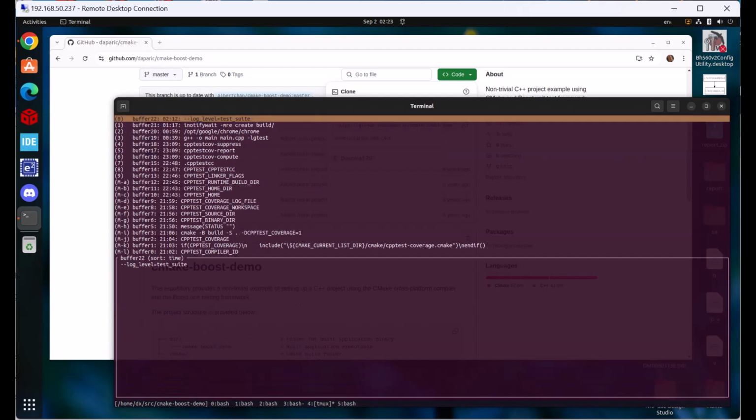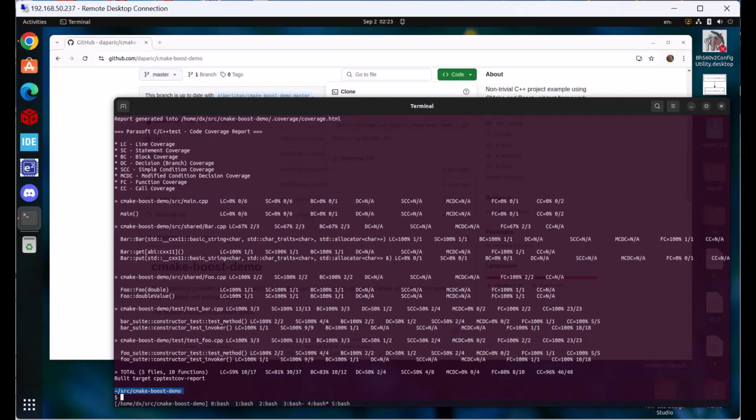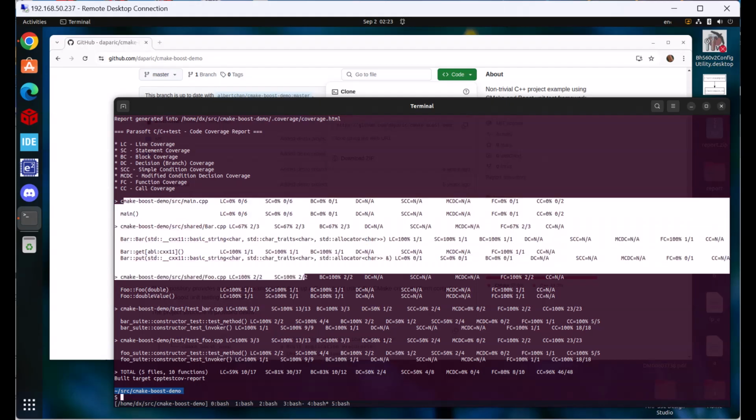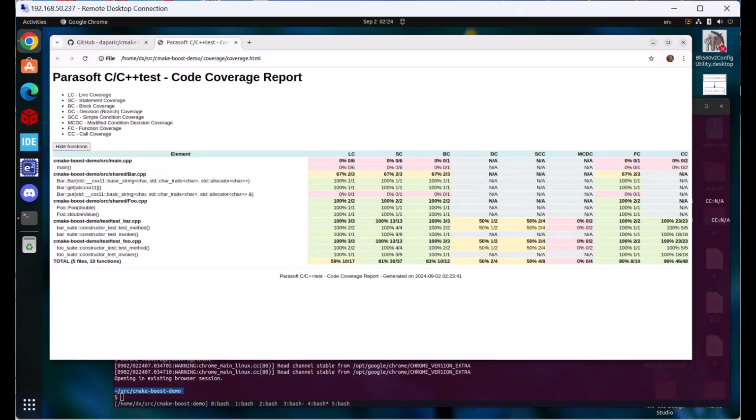I'll run again the command, however, selecting a new target, report, and then we can see here the code coverage of different types in the execution of the test cases. There's also a more presentable HTML report of the coverage. By typing chrome coverage.html. You can see here that with a little bit of changes in the CMakeLists and the inclusion of Parasoft